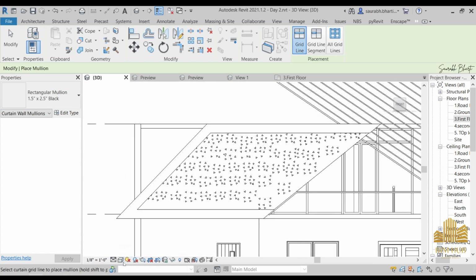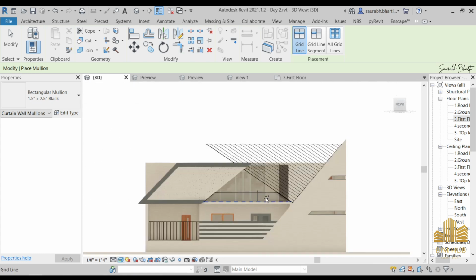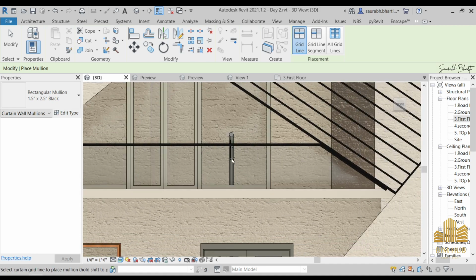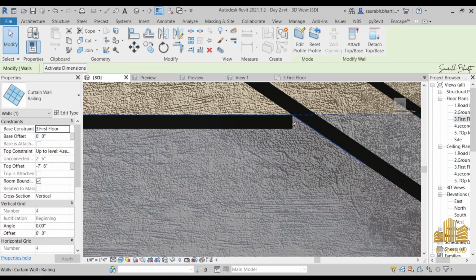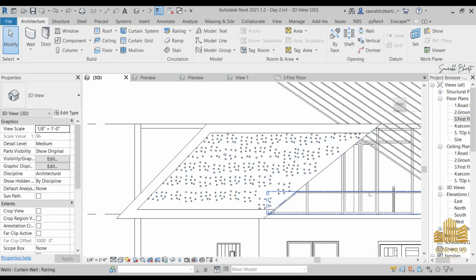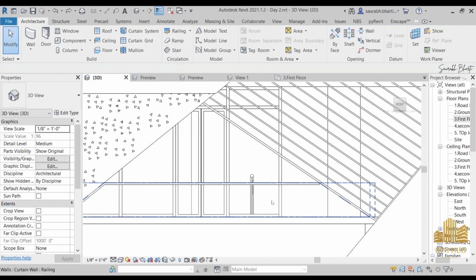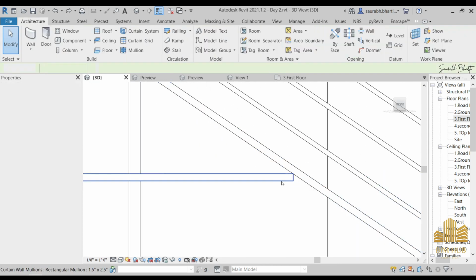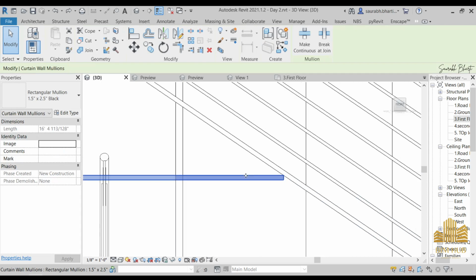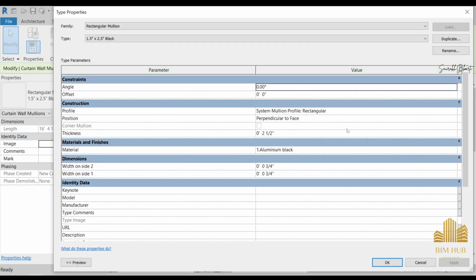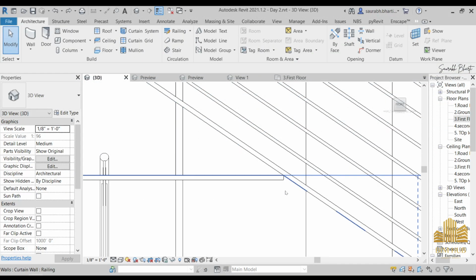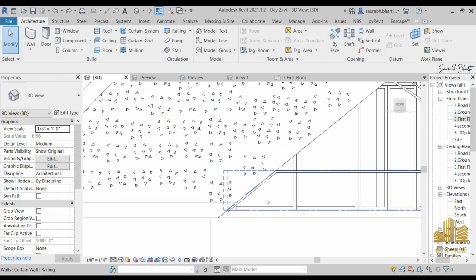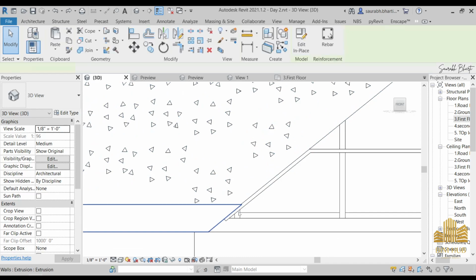And now if you activate 3D realistic view, you will find that the mullions have been applied, but you don't want a mullion on this side because it is already at this place. You can undo it twice or thrice. Okay, and just select this particular mullion, go to edit type, and if we have any option to make it delay, okay, let us just leave that portion. And now that our mullion part is done,